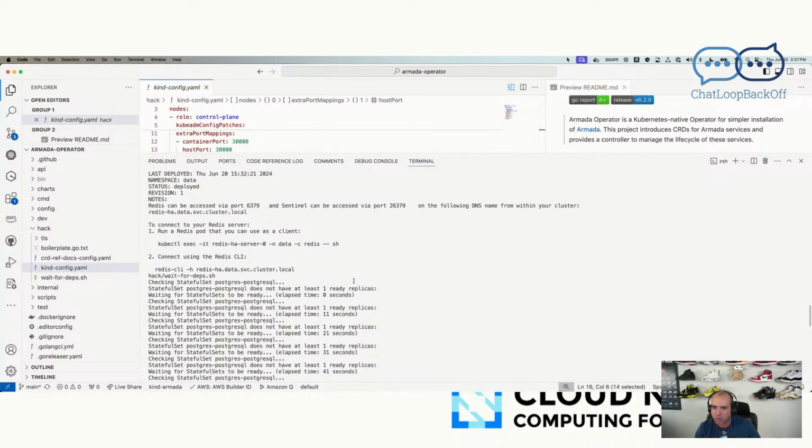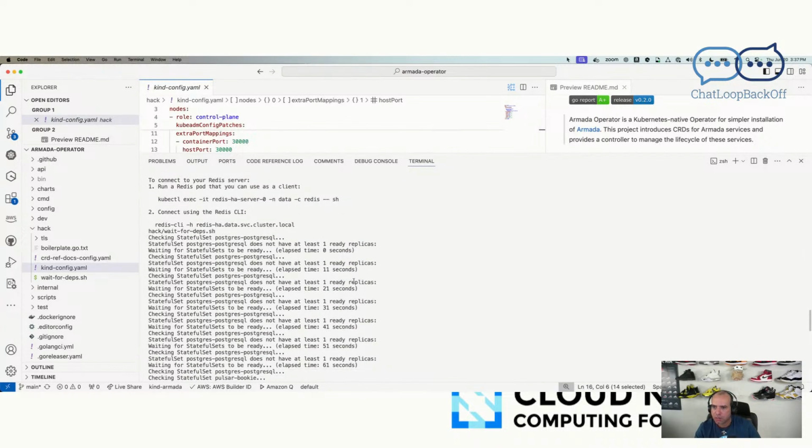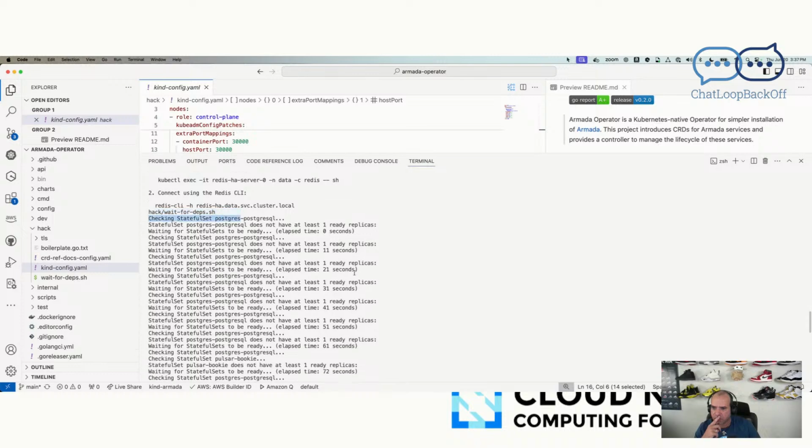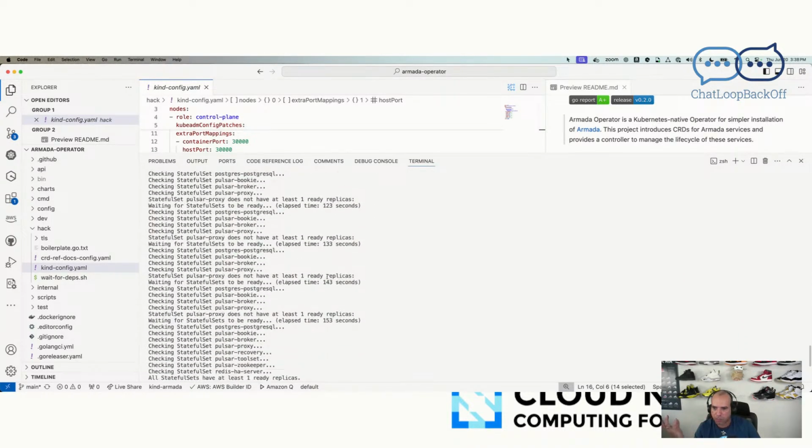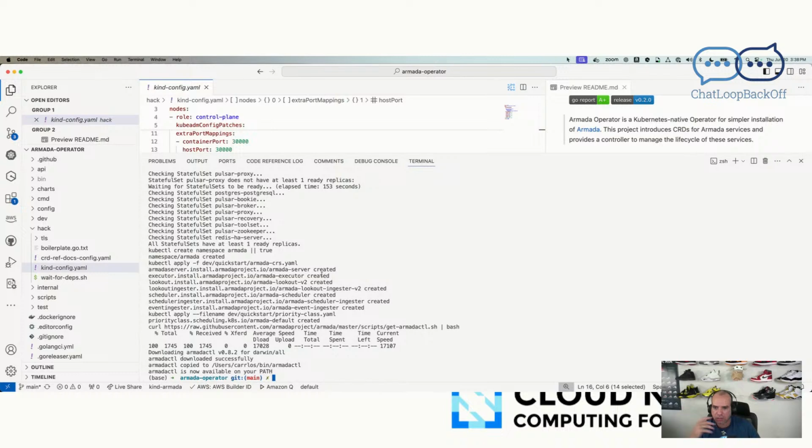So that was Redis. Redis got installed. Oh, this is a nice thing that they do in a hack: wait for dependency.sh. Perfect. I love this type of installation. They're waiting for the things to come up, so I don't have to do kubectl get to see if stuff is working, or error out if something's bad. And then they're doing a get